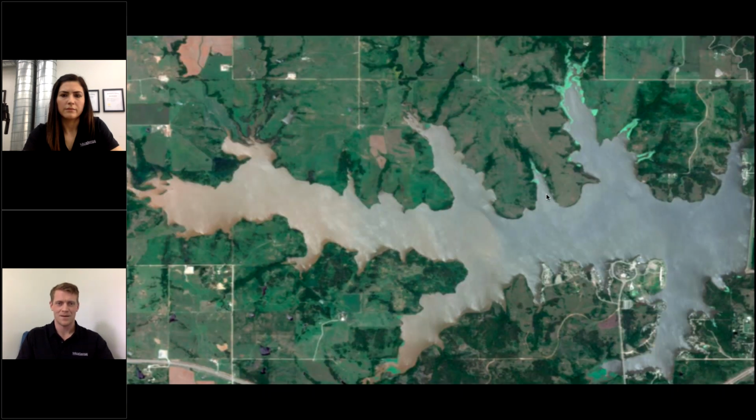And then again, this is a reservoir in Oklahoma, and these people are essentially trying to eradicate a weed that's damaging the reservoir. If you look in the coves on the north side of this image, you see this kind of neon green color. That's an aquatic weed that they're trying to eradicate. And if we go to the next slide,